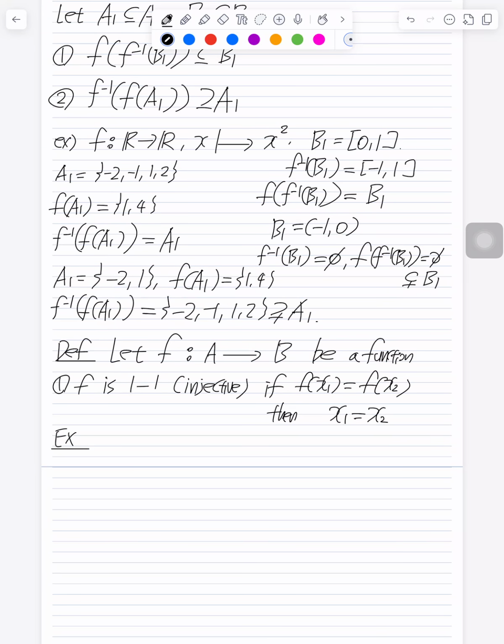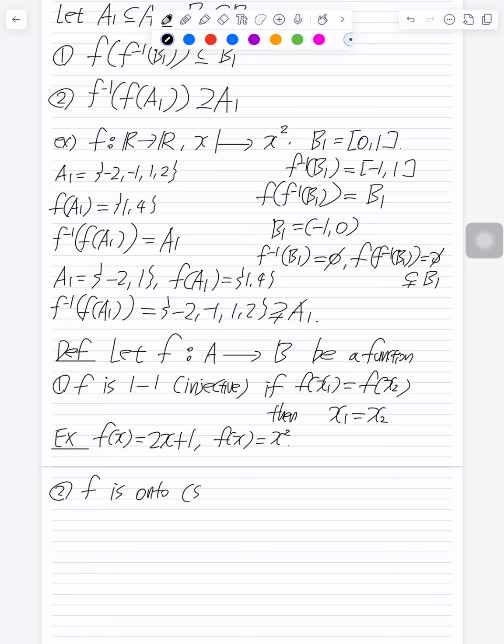if you just look at two different types of function, say f of x equals 2x plus 1, this is clearly injective as this is a linear function. But if you take another function, x squared for example, then this is not, because f of 1 equals f of -1. And we also will say f is onto